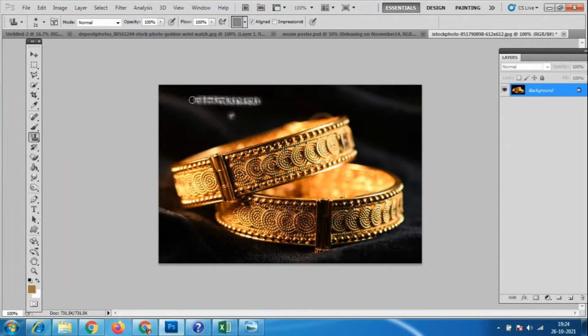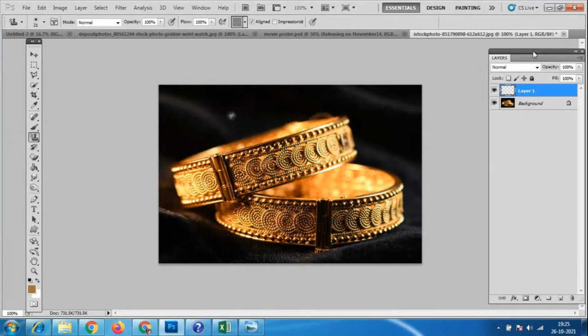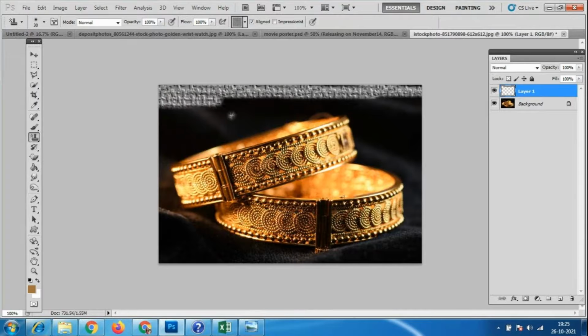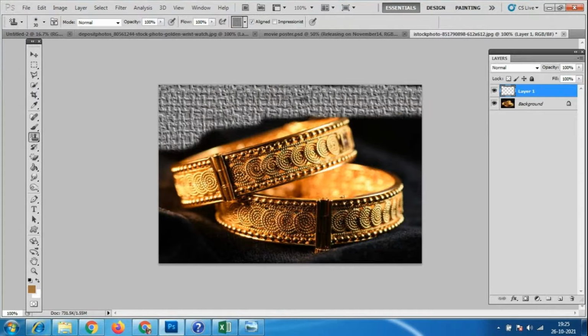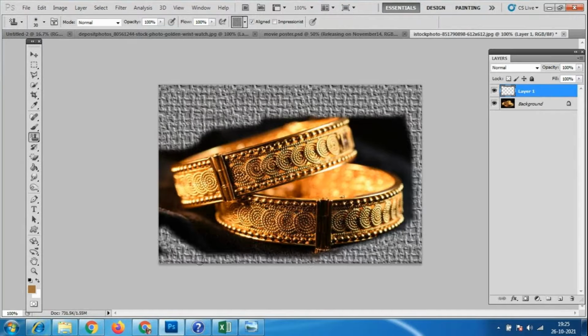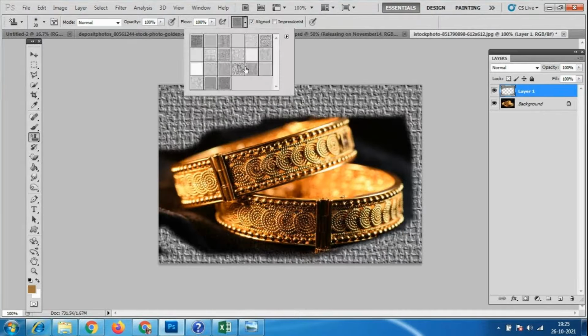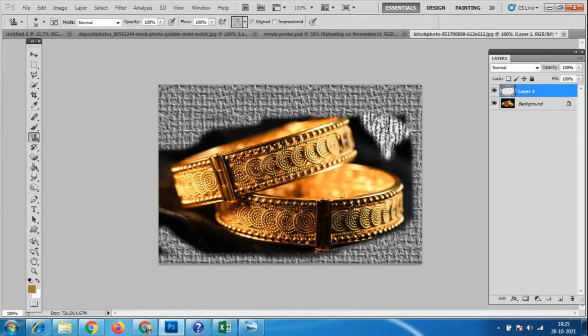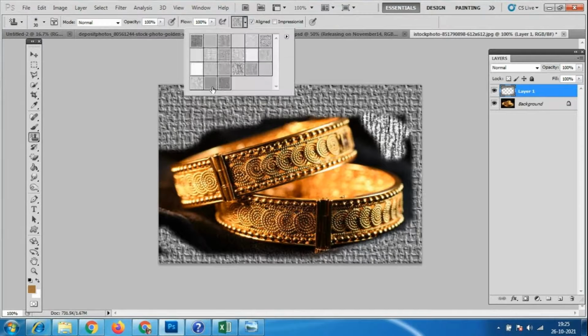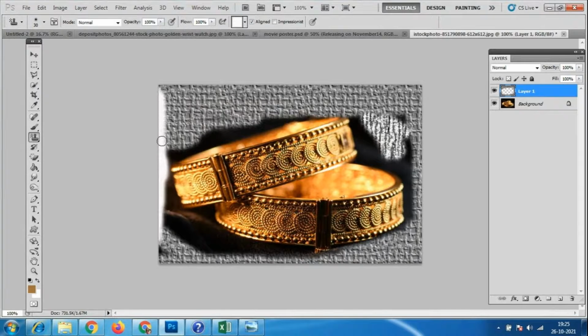Look here, we have to take it on a different layer, and it is in the blending options. Photoshop is very huge software, so however much you learn, it never ends. You will have multiple things with this Photoshop software. You can use it for the background also, like this brush. So this is the pattern stamp tool. You can make multiple backgrounds using this tool, and you have multiple options with this pattern.